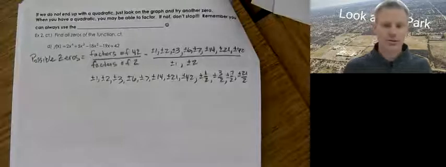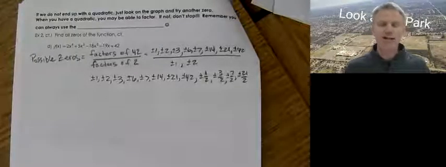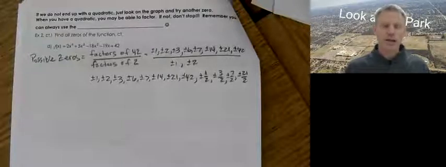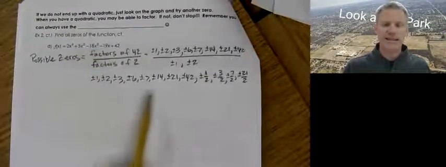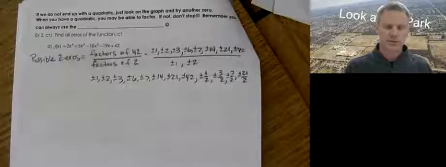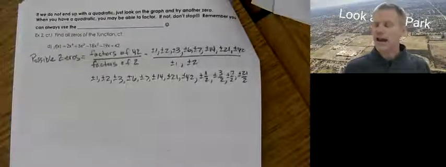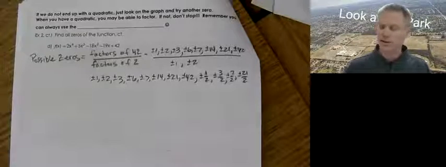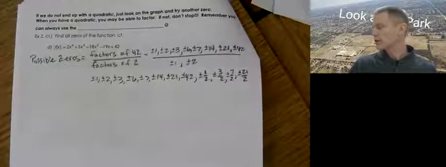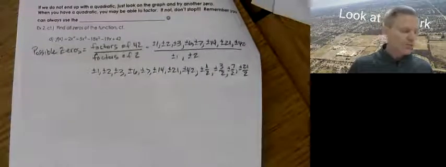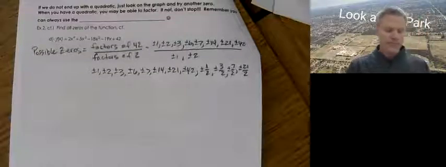Wow, that's a lot of zeros. Those are your possible mathematically smart choices to consider, as this polynomial is going to cross the x-axis at these possible places. There are smart places to consider, and there are not very smart places to consider, and these would be the smart ones. So we're going to start trying to figure out. We could do it completely blind, or like I showed you, you could plug in your numbers